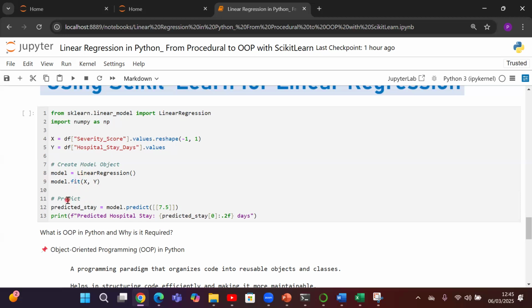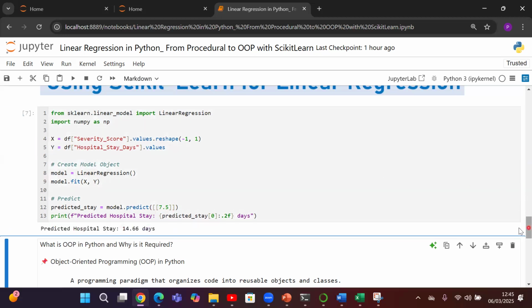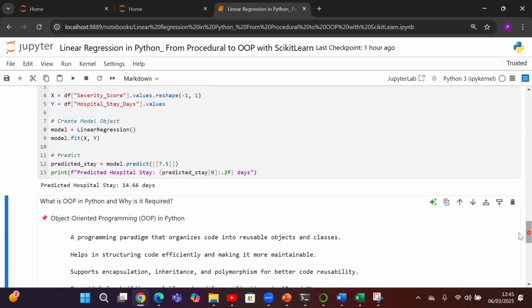After model fitting, we are going to use another method called predict, which is for predicting the Y value for a new given X value. So I am passing a value of 7.5 once again, and I want the prediction of Y corresponding to the X value of 7.5. So let me execute. You can see here, this is executing. The predicted hospital stay is again 14.66 days. As you can see, Scikit-Learn does all the heavy lifting for us, making it faster and easier to implement linear